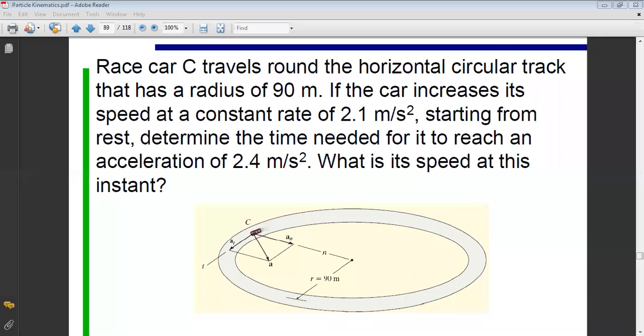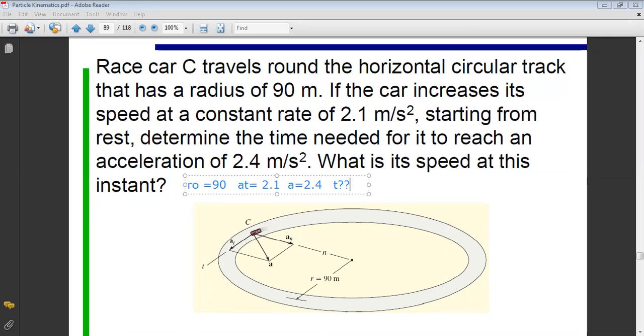Let us continue. So here I will write what we know in this problem. We know that rho, the radius of curvature, is equal to 90. We know that at is equal to 2.1. We know that the total acceleration a is equal to 2.4. Okay, and we need to find the time t needed to reach this